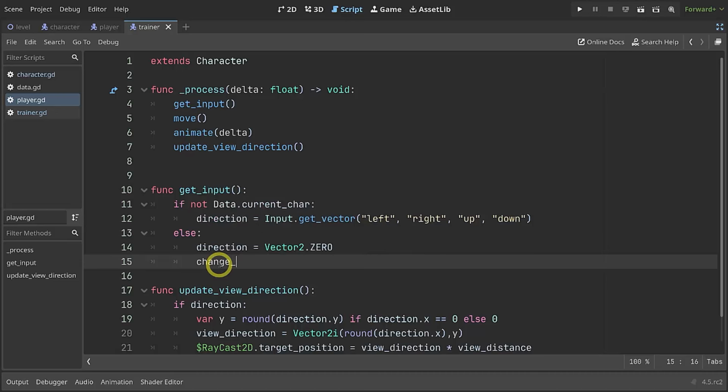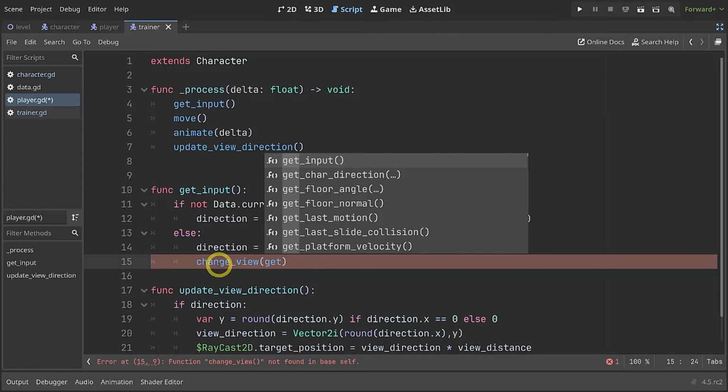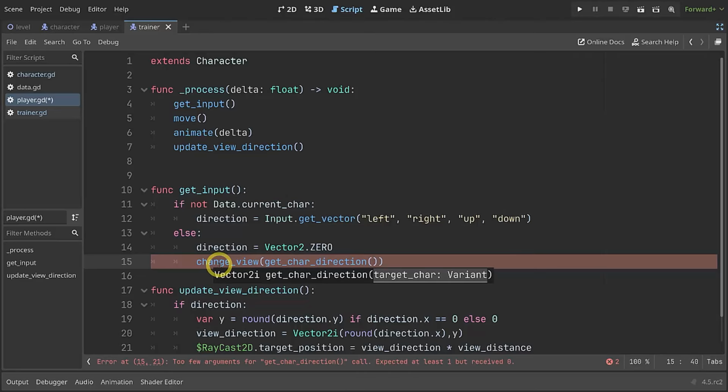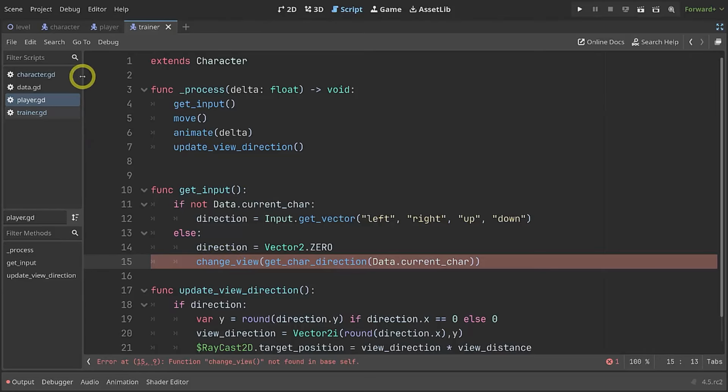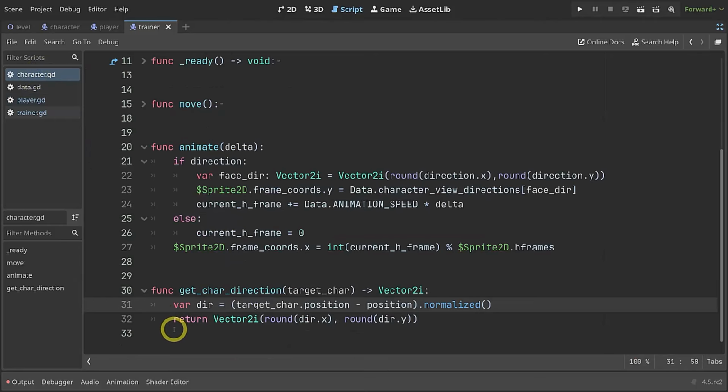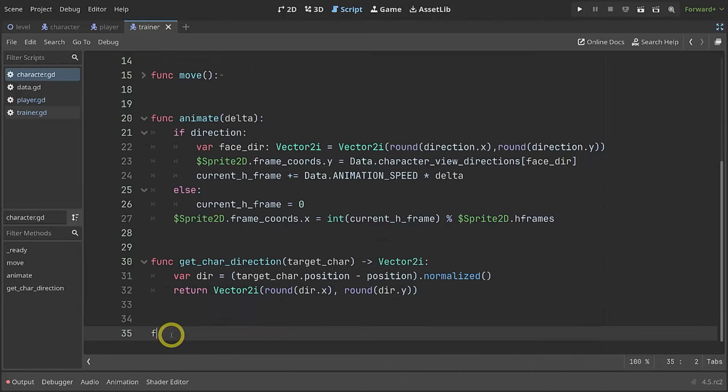I want to change the view of the player. In other words, the player should look towards the trainer. For that, we will need a direction that we already have from getCharacterDirection, in which we want to get data.currentCharacter. The one thing that we have to create is change view. This we want to reuse later on, so it's going to be inside of the parent class. I want to have